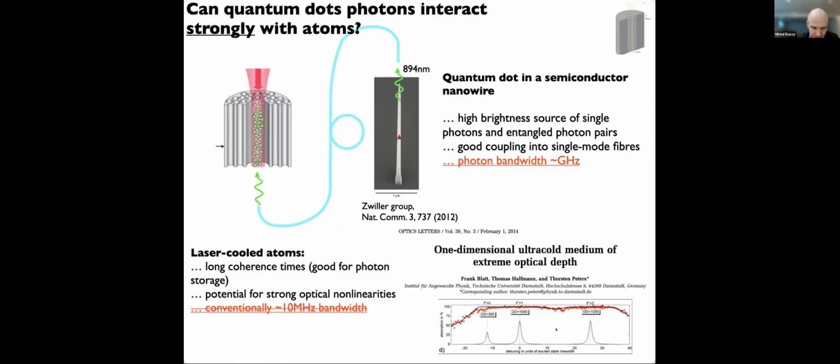And the good news is that it is possible to load optical depths into a hollow core fiber with cold atoms on the order of 10 to the 3, hopefully at some point 10 to the 4. This has been demonstrated by the group from Darmstadt a few years ago, where they were able to demonstrate an optical depth of 1000. And now, as we saw in the previous slide, once you go to these high optical depths, you can start playing with very short pulses. So this restriction of 10 megahertz bandwidth goes away.